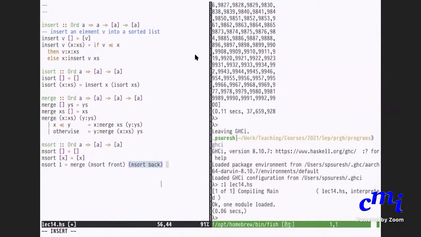That's all I want. Where now I just need to know how to split the thing into front and back. First of all, I'll say n equals length of L. I know that length of L is at least 2. Then I'll say front back is nothing but split at. Remember, split at is like take and drop. You want to take n by 2 elements and you want to drop n by 2 elements. You do it in one shot. That is split at.